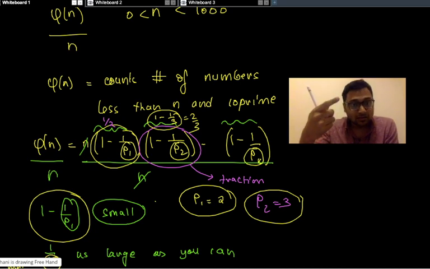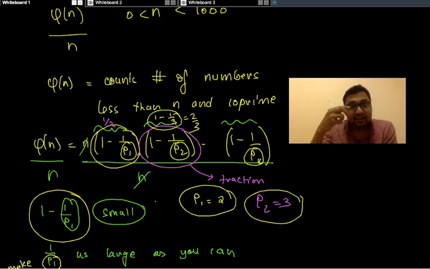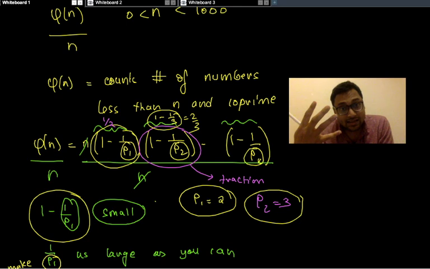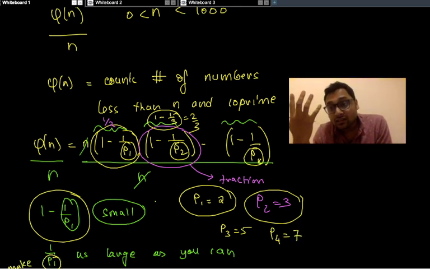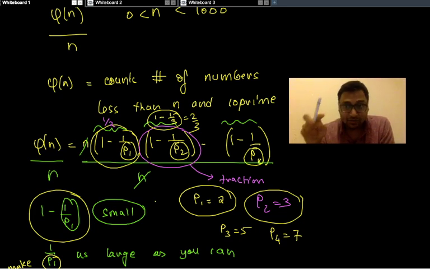What is the next one? The prime after 3 is 5. So P3 could be 5, and similarly P4 could be 7. I cannot go beyond 7. Aha. It will continue to get smaller. Exactly, you're right, Aditya. But the question is,